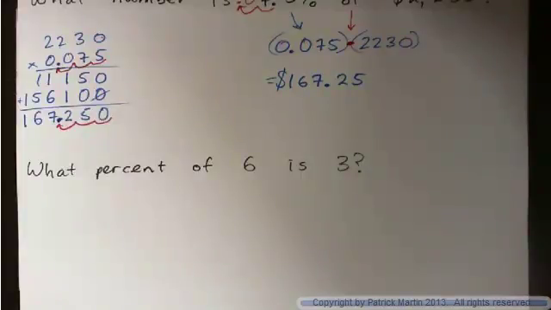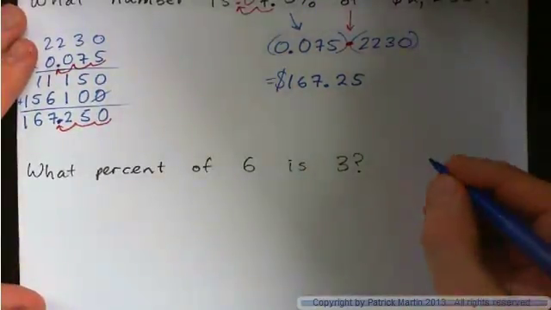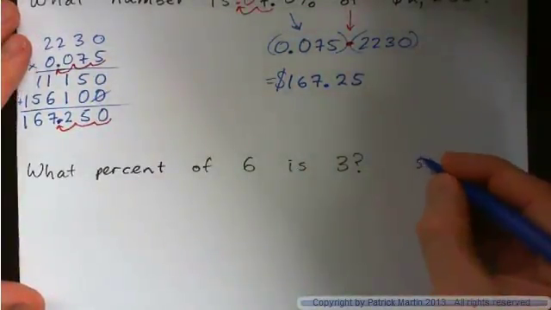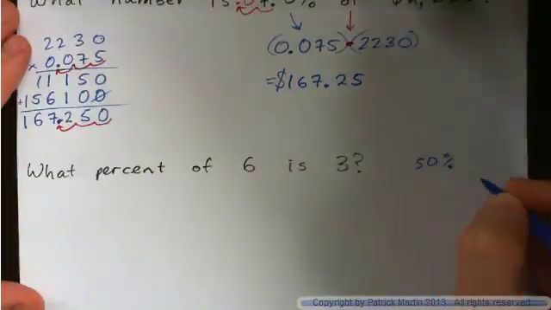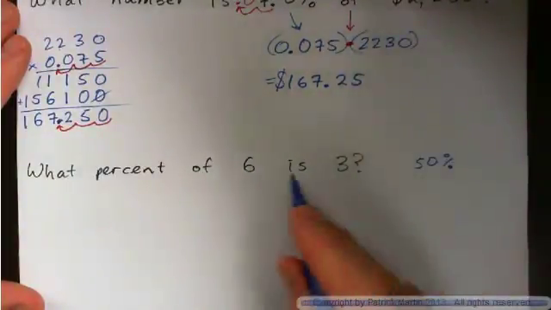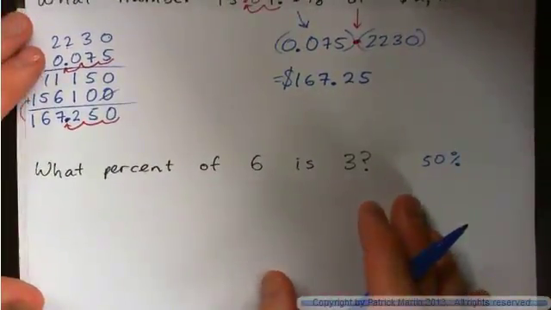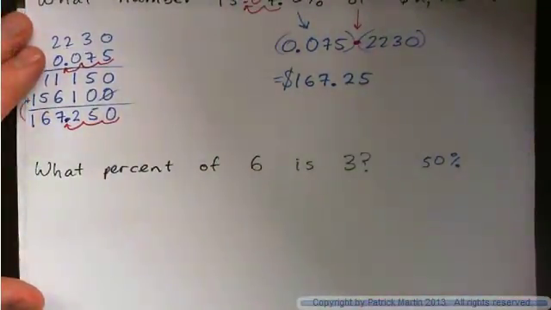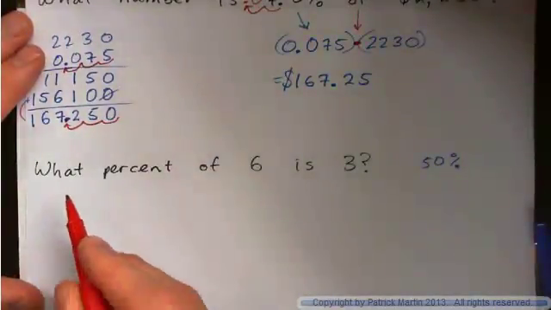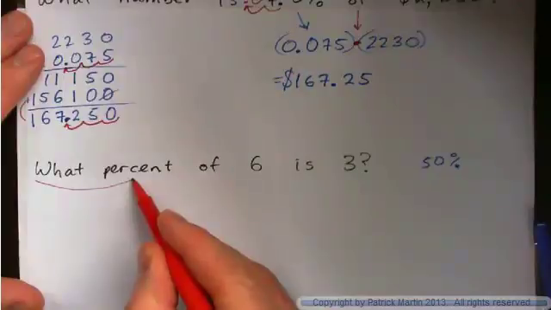What percent of 6 is 3? And well, the answer is 3 is 50%, is half of 6. Okay, because 3 is 50% of 6. It's half, right? And I guess one way of figuring this out, and you can decide whether you want to do it this way or not, but